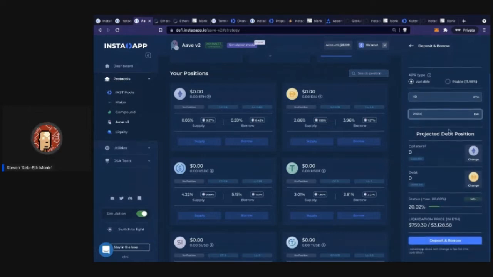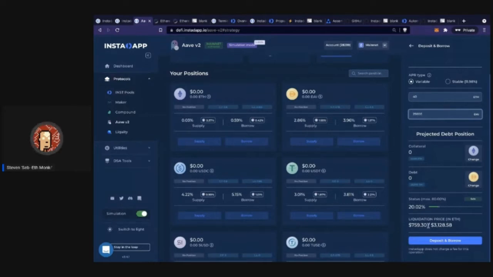And so then right here is the projected debt position. It's going to tell you, all right, you're about to have 40 Ethereum as collateral, and you're going to borrow 25,000 DAI as debt. And then here, it gives you a sense of where your position is. So we use something called debt to collateral. Basically the amount that you owe versus the amount that the collateral is worth multiplied by its collateral factor. So right now, if we were to do this, it would put the position at 20%. Once the position hits 80%, that's when it's at risk of being liquidated. Now, depending on the protocol, sometimes it's automatic and sometimes it requires some bot or external contract to execute.